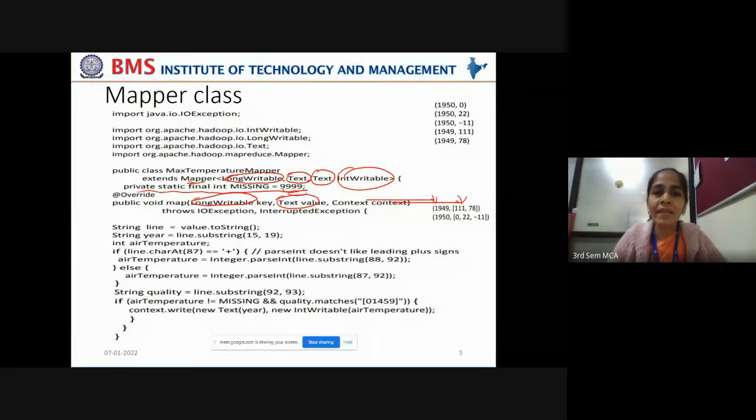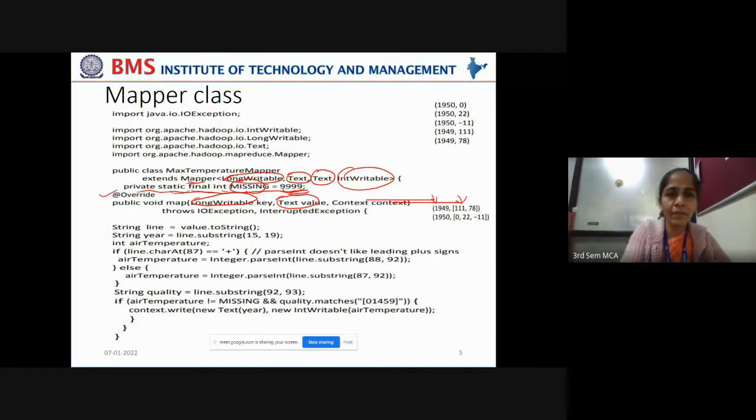So in order to indicate that a value is missing, we need to compare it with some number like 9999. So we give it as a static final constant, in order to compare any erroneous or missing value with this number. We have defined this static final int MISSING constant with this value. That is why we have given it as static. Static means we can't change it any further.